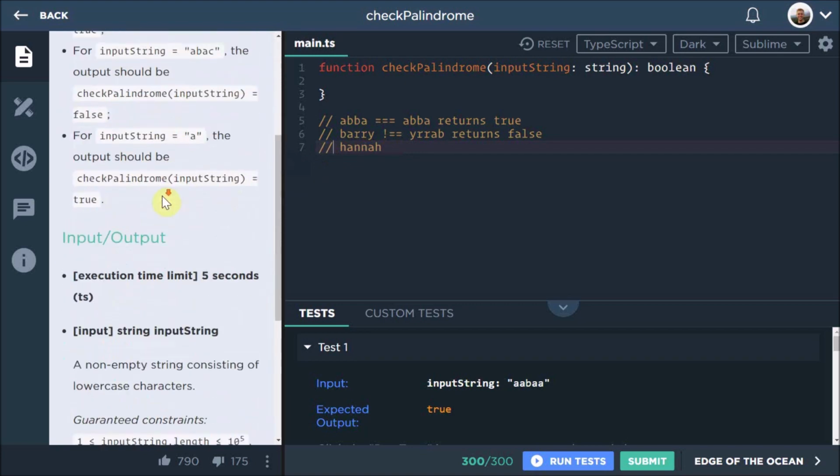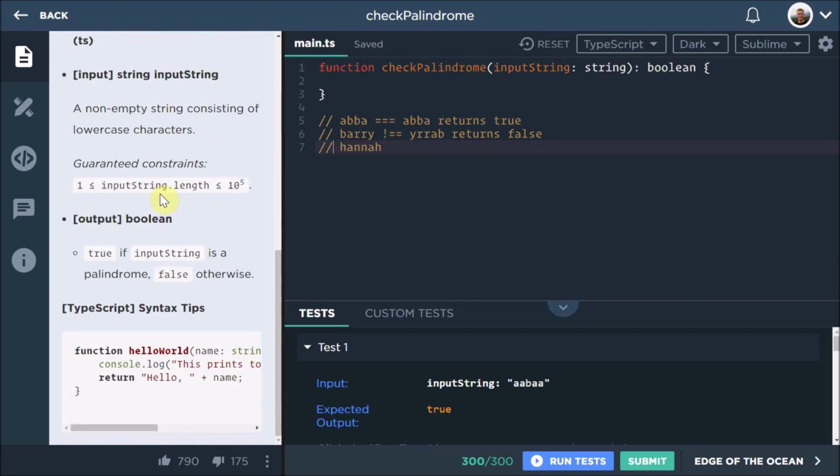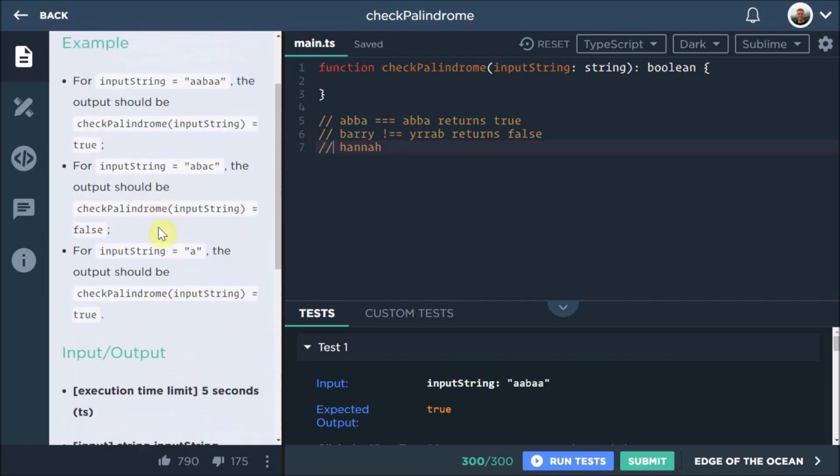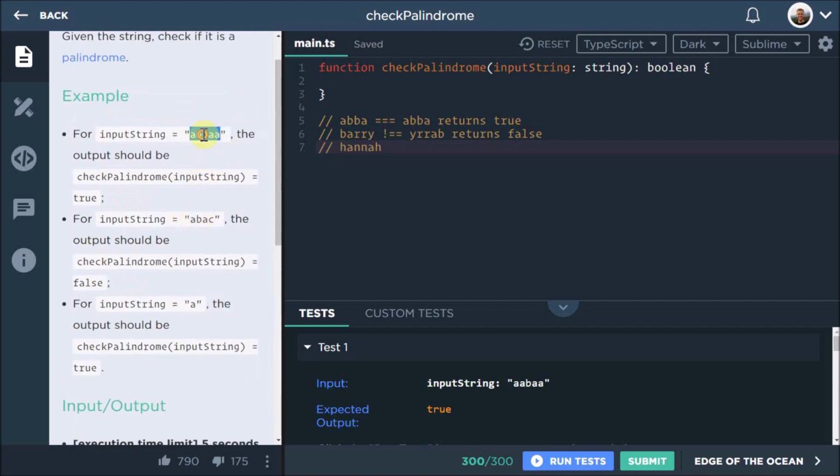They have a whole bunch of examples down here where they talk. Do they? No, they don't even. They've got it over here. AABAA is a palindrome because it's the same way forwards as it is backwards, and ABAC is not a palindrome because it's not that way. So pretty straightforward. What we're going to want to do is use some cool functions to accomplish this. I'm going to show you a bunch of ways to do this because it would be useful to know the various ways for interview questions because they might expand on things.